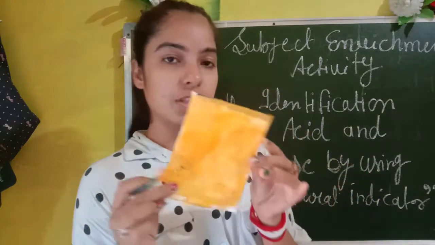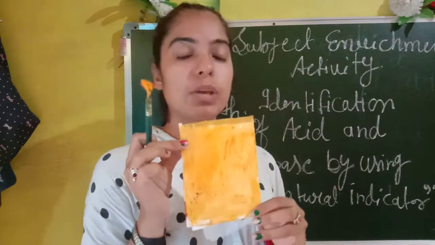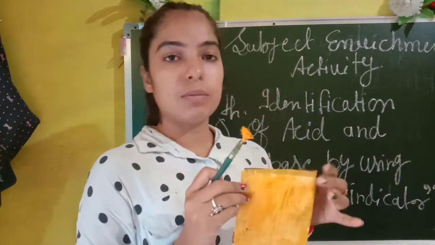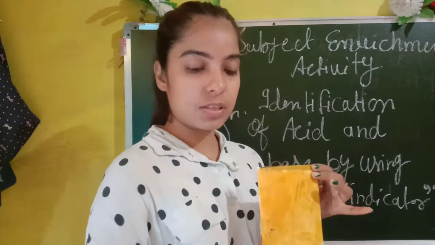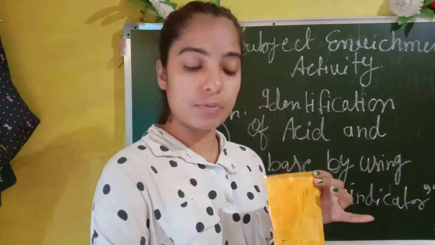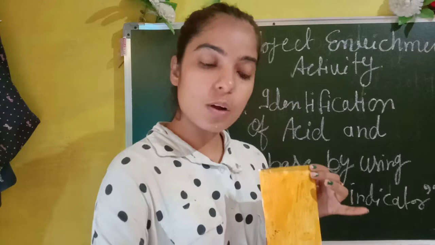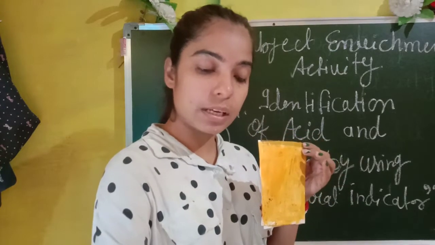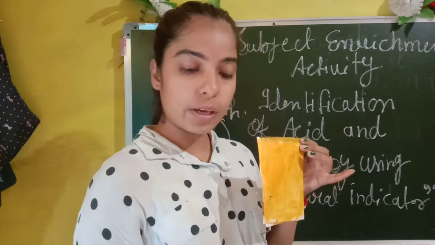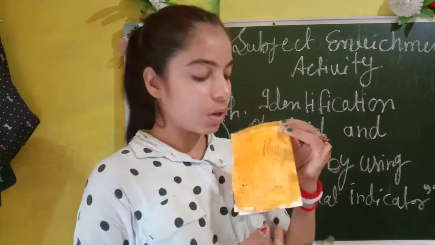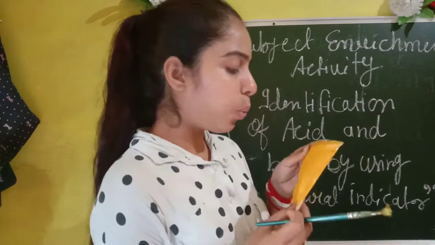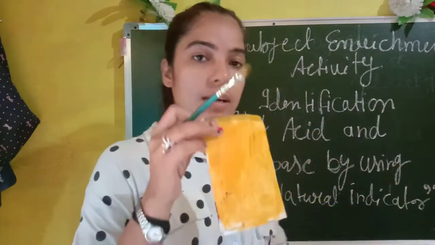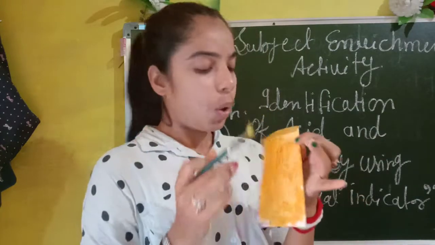So what are you watching here? The color turns into yellow. Okay. Then you have to wash this brush with the help of water. You have to keep a container. All these activities should be shown in your video also. After cleaning this and after drying it, you have to also tell that I am drying this paper.